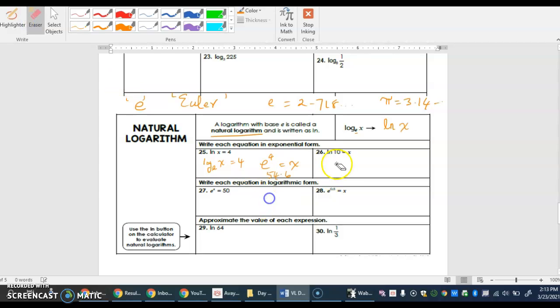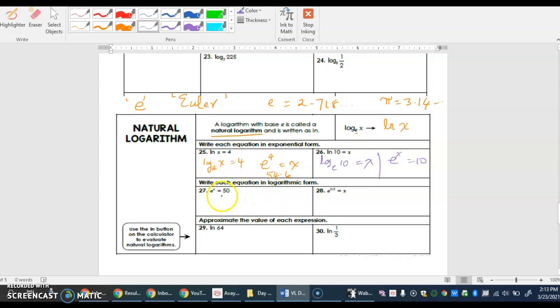So, let's move on to the 26th question. Here he says ln 10, which means log to the base e of 10 is x. If you have to convert into the exponent form, this would be e to the power of what is 10, and that what is x, e to the x is 10. Okay. Now if we have to convert the opposite way,